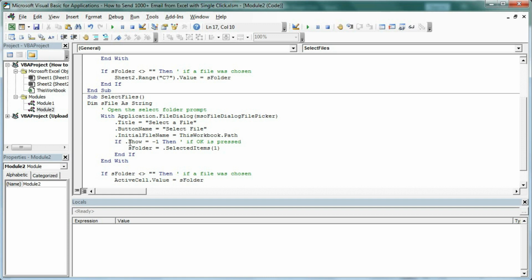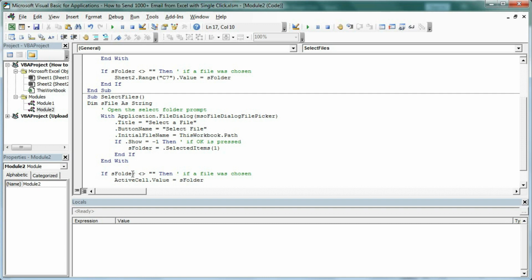Then again, If .Show -1, then we have to press Select File, then sFolder equal to .SelectedItems. The name of that item will be the value of sFolder. Then End If. If the value of sFolder is blank, then it will give nothing.